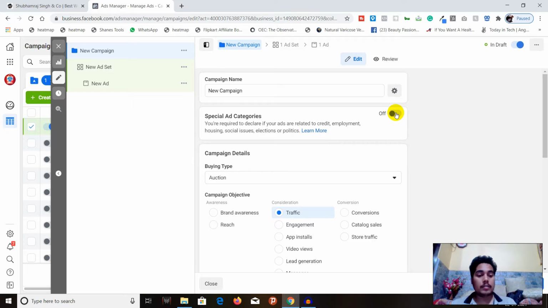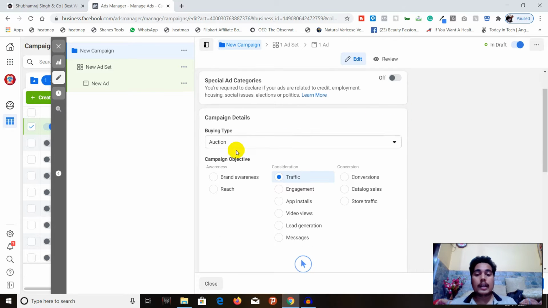You can also select the buying type. Basically, default is the option; you may see different options once you have spent much money on the account.